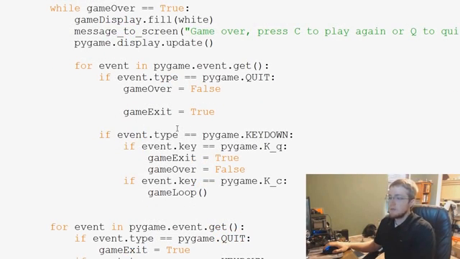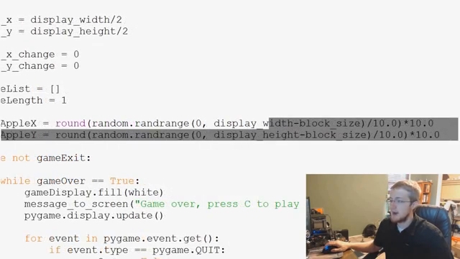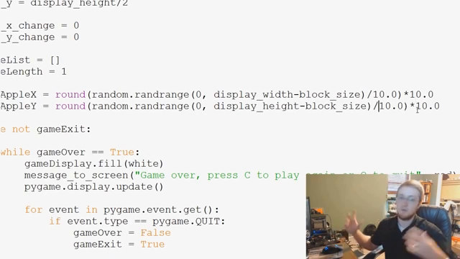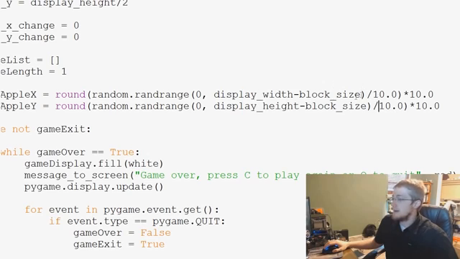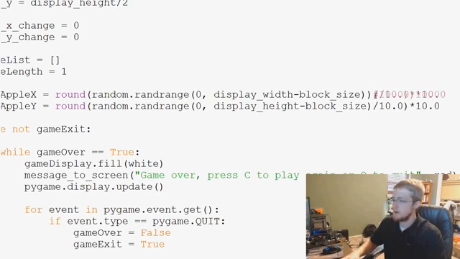Now the next thing I wouldn't mind changing is the definition of randAppleX and randAppleY. Let's stop these from dividing, because we were trying to get them to always be a multiple of 10. So now I'm going to get rid of that code as well. It's going to take two parentheses, I believe. Oh no, just one, I suppose. Let me see. Yeah, that should be fine. So just one extra parenthesis, and then we can comment out